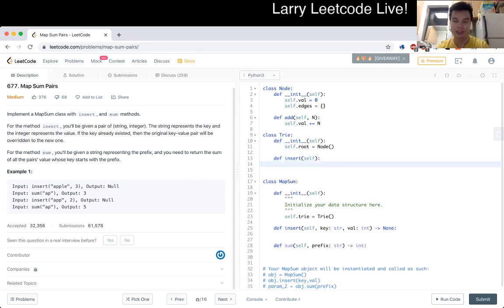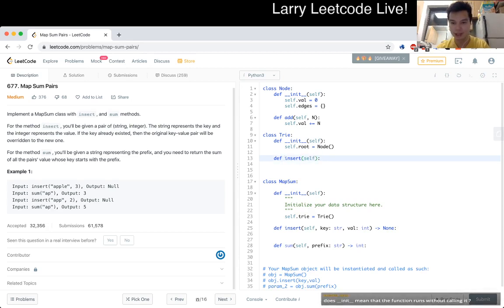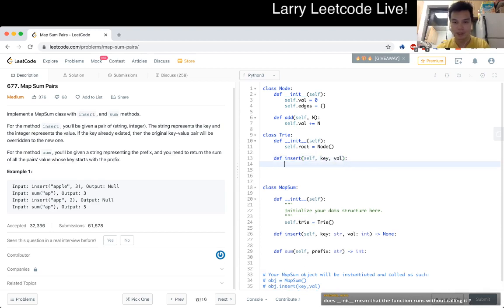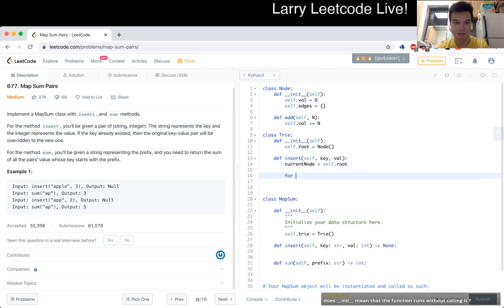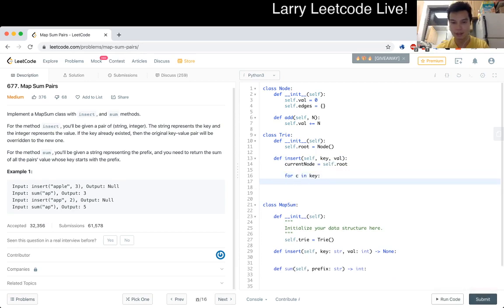Well, for each edge, we'll just go through each character at a time. So let's put key and value, and then current node is equal to self.root, start at the root, and then for each character in key, we see if